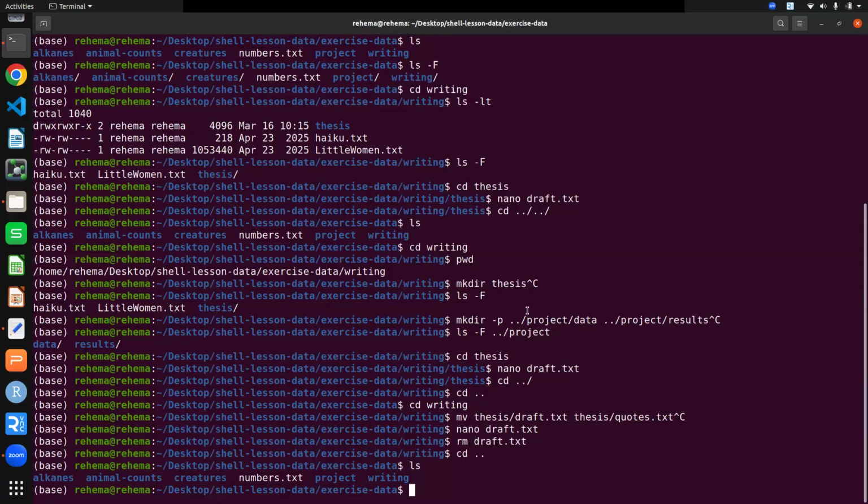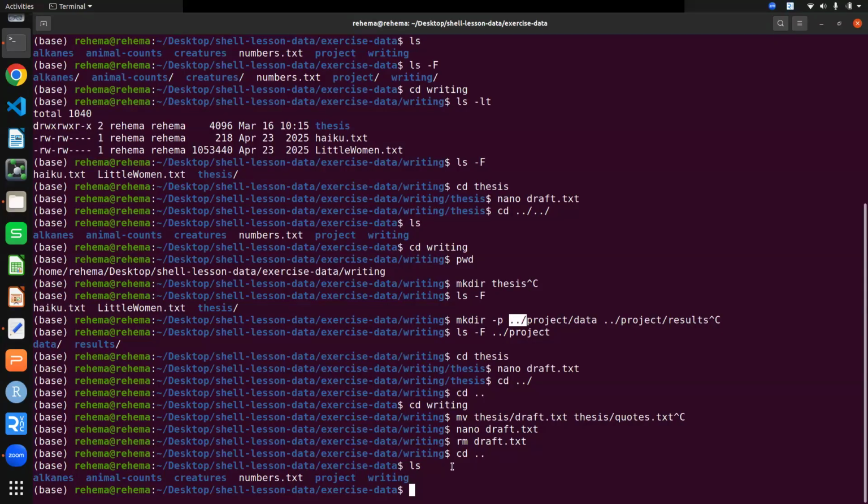So the reason we use the two dots is so that we don't create project data and project results in our writing directory. We wanted the writing directory to be specifically for writing, and then the project for the analysis work. That's why we specified